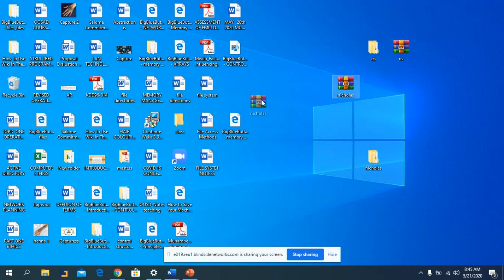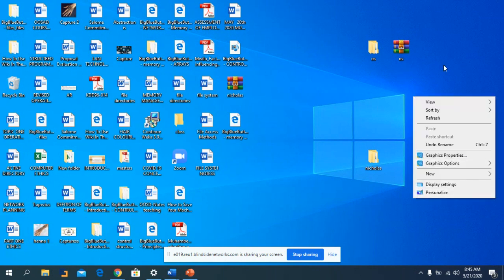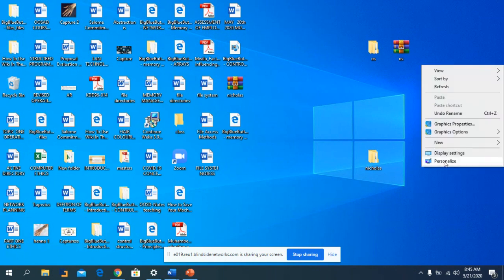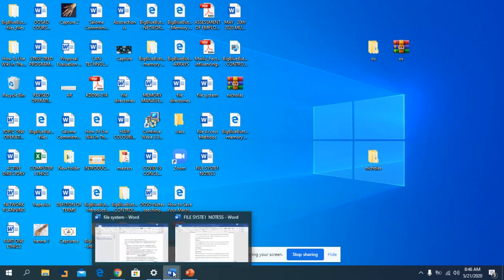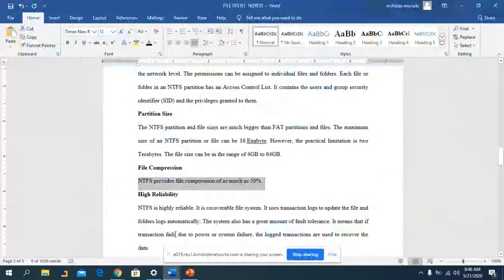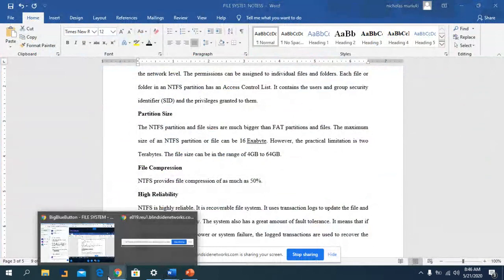This file system that you always provide here allows you to do that. It allows you to compress these files. And compression, I think it's not new to you, because we say we are reducing the size of a file. So in this case,